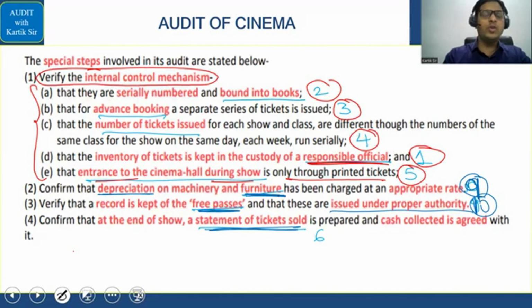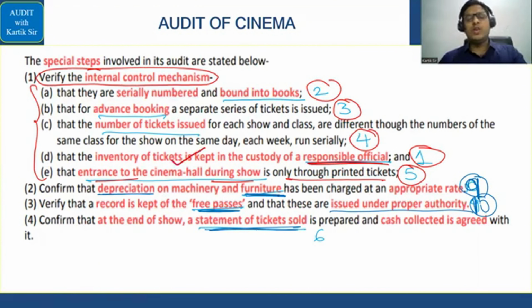So when you are going to do the audit of the cinema hall at that time, what all will you check as an auditor? उसमें पहला लिखा हुआ है कि आप जब भी सिनेमा हॉल में जाओगे वहां पे पहले तो रिस्पॉन्सिबल ऑफिशियल रहेगा एक, वहां पे रिस्पॉन्सिबल ऑफिशियल क्या करेगा, he will ensure that he is keeping the tickets with him, and when you pay him the ticket price he will give you the tickets. तो पहले आएगा यहाँ पे the tickets are kept in custody with the responsible official. आप देखते हो कि जो भी टिकट्स उसने रखे ना यहाँ पे वो सीरियली नंबर्ड एंड बाउंड इनटू बुक्स है। In today's times I know that tickets are not given like this, but module में यही पॉइंट दिया था, आपको ये लिखना पड़ेगा।